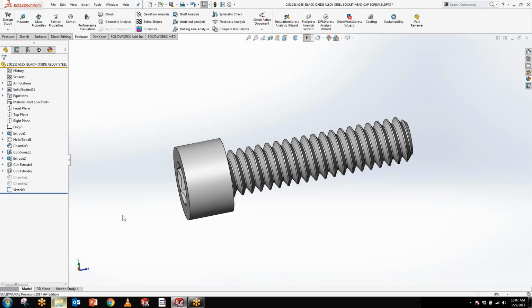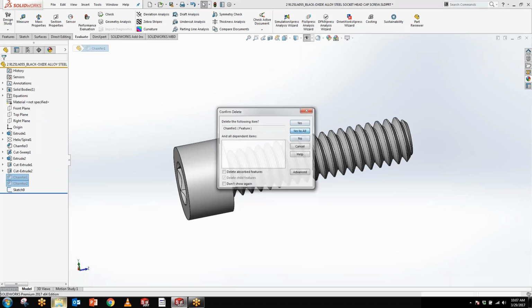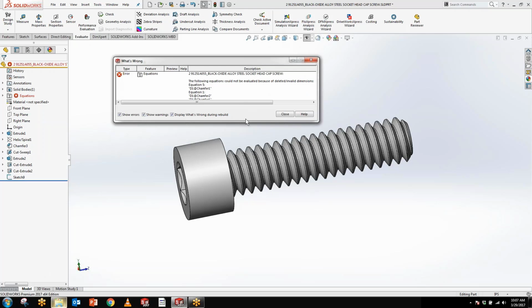Guys, it's always a good practice, if you're looking to simplify your model, instead of deleting features, it's better to suppress them first and then delete them. So let me delete them, and yes to all. Now this is what happens, the What's Wrong box pops up. Let me close it,